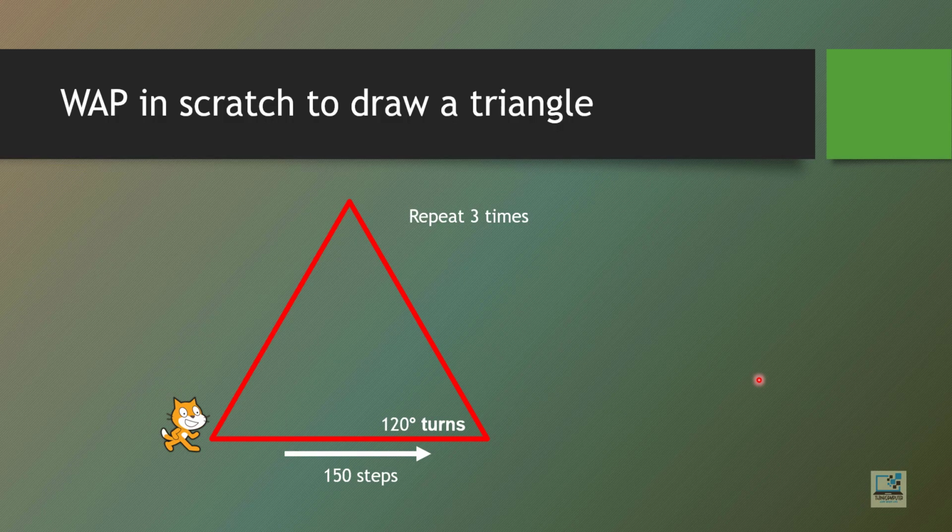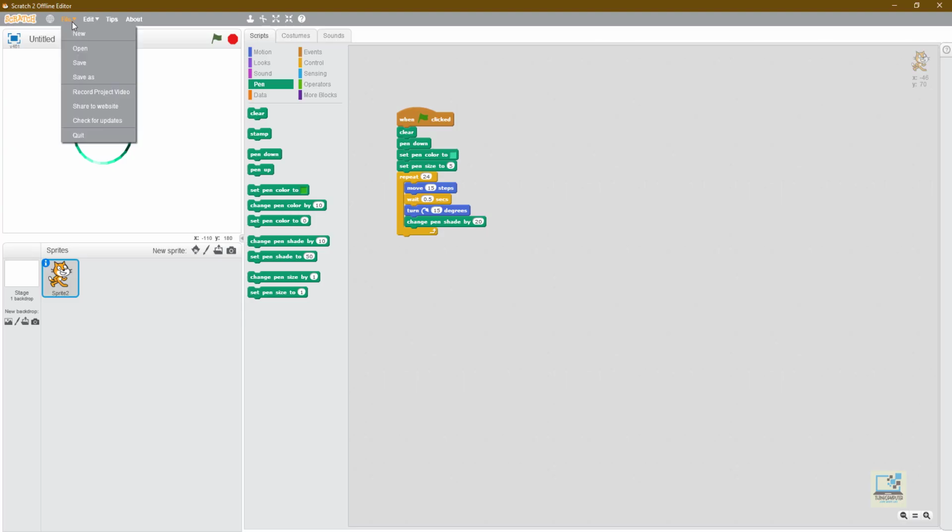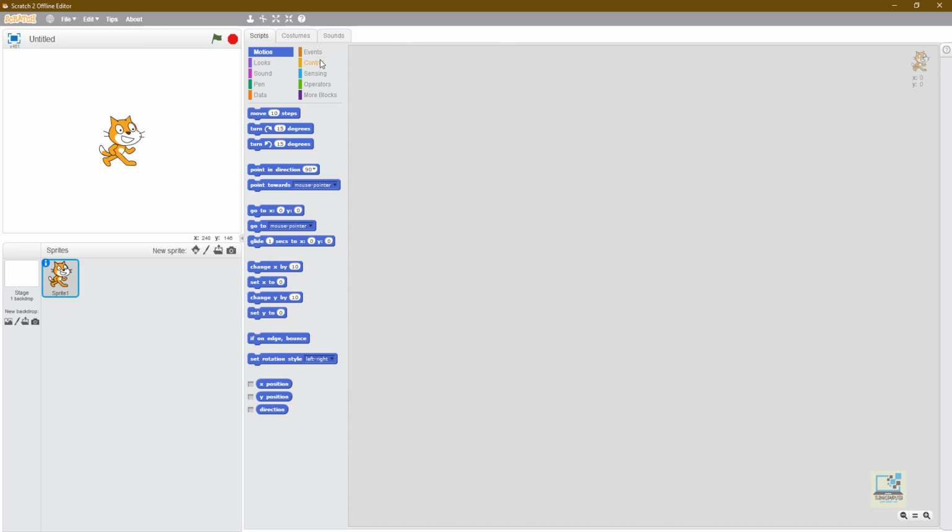Now in the next question we have a triangle. So we have to write a program to draw a triangle. Now in case of a triangle, there are 3 sides. Okay, and each time we are moving, after that we have to take a 120 degree angle turn. Okay, remember this, not 60 degree but 120 degree turns we have to take. Okay, so according to the question it is 150 steps. If we start from this position, so we have to repeat 3 times. Every time we have to move by 150 steps and take a 120 degree turn, then only it will make a complete triangle. Okay, go to file, new, and I will start a new program.